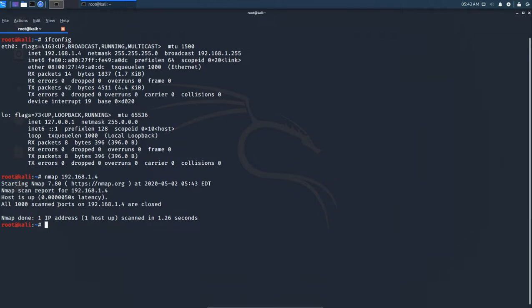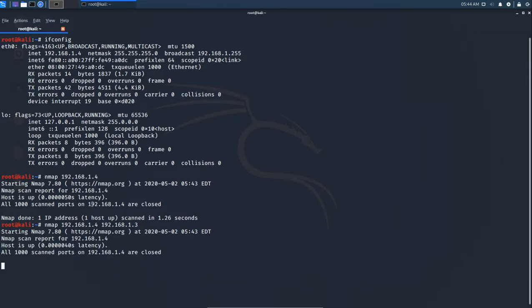If you want to scan multiple IP addresses, you need to place a space between each IP address, like this: 192.168.1.4 and 192.168.1.3. Now these two IP addresses get scanned. See here, 192.168.1.4 is the IP address of the current Kali Linux machine, and all scanned ports are closed.